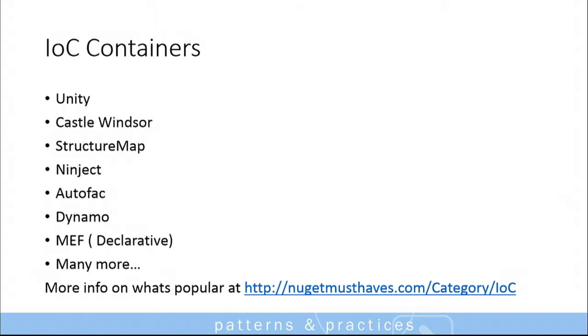Now I'll show you a list of different containers here. So all of them are very good. You could easily use one over the other. We will look at the criteria of selecting a particular container also in another slide, but to figure out which